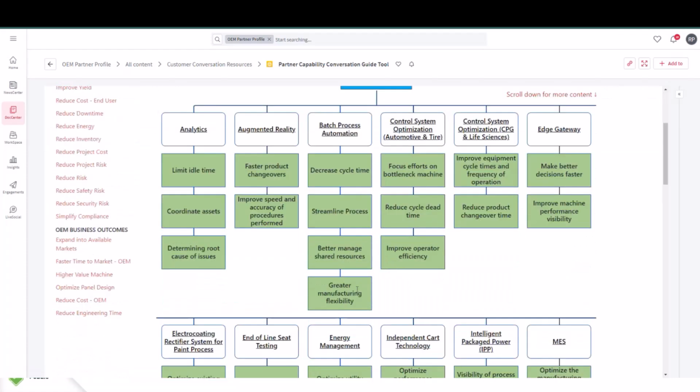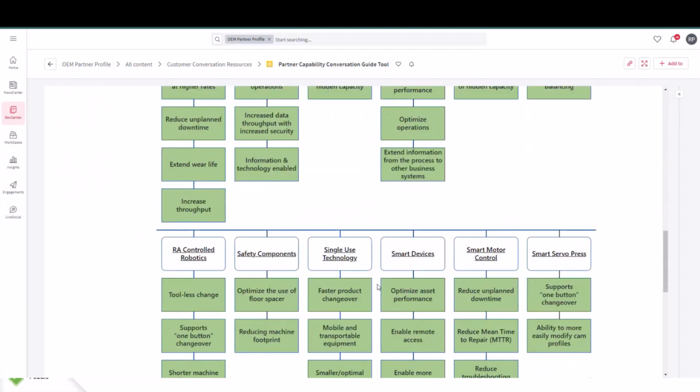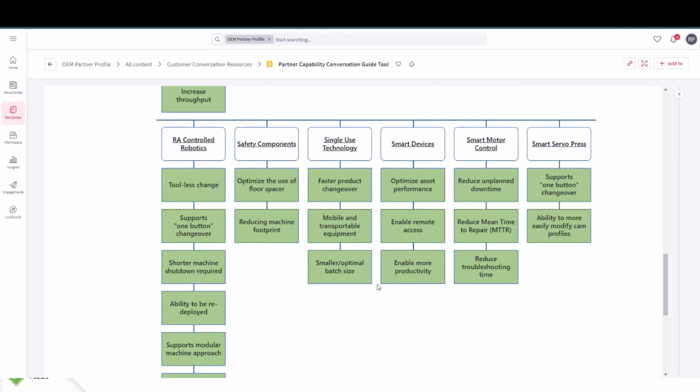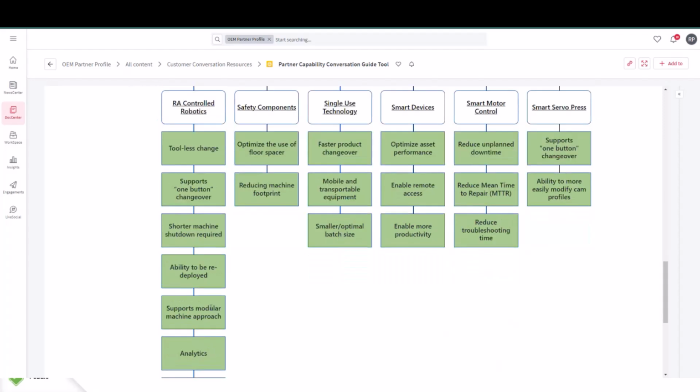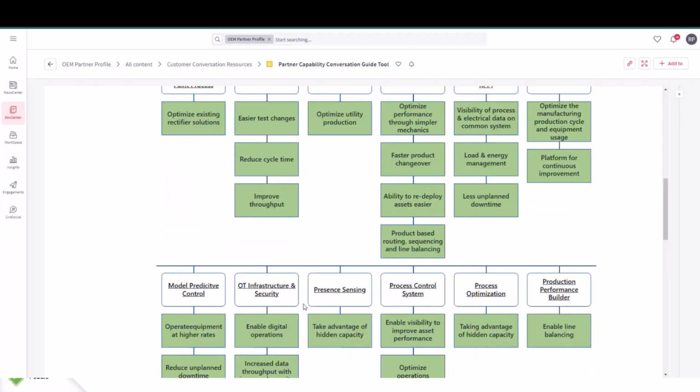Here you can see there are a number of different technologies that map to that outcome. And so based on what your specific machine is taking advantage of, there's a great chance that there's already a dedicated technology group here that aligns to your messaging. So for example, let's say that you are leveraging